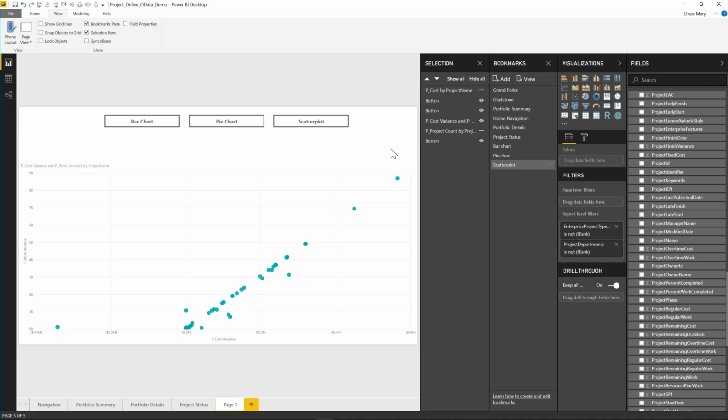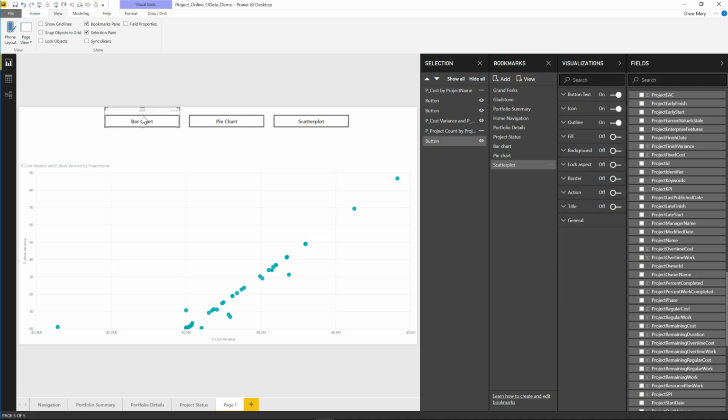All right, so now we have to just link these buttons to these bookmarks that we created. So we'll go to pie chart or bar chart, and for the action, we'll again choose bookmark and bar chart. And then for this one, same thing, bookmark and pie chart. And then this one,